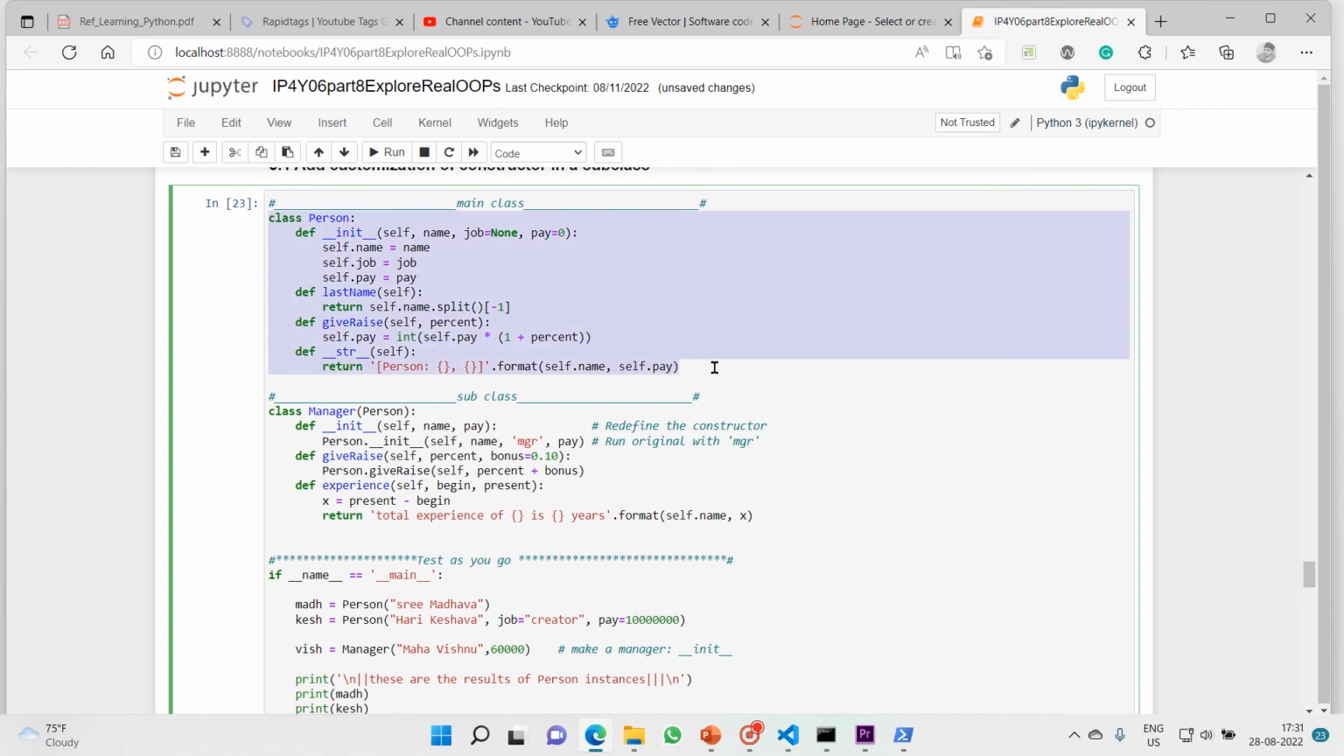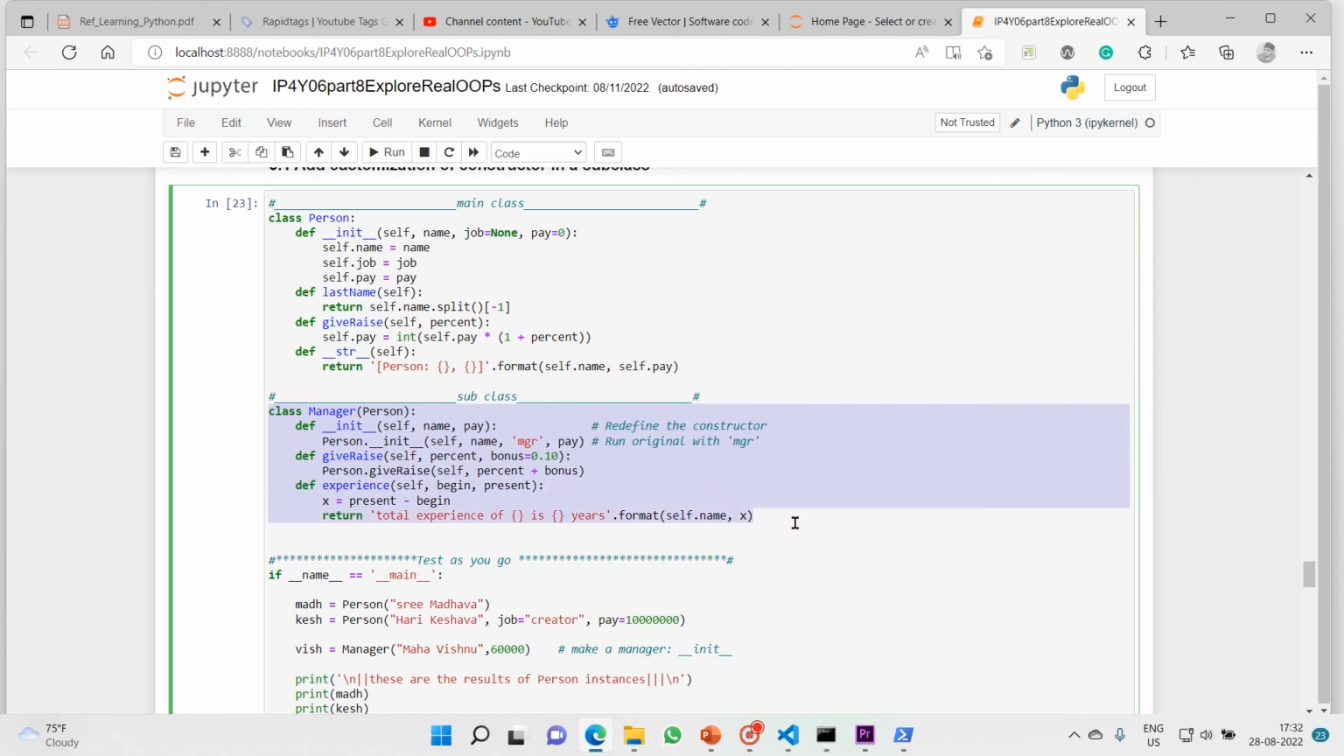That is our main class. The main class by and large will remain the same. We are not going to change anything. And from here the subclass starts and here it ends. In the subclass, normally in previous sessions, what we have done is we have just inherited